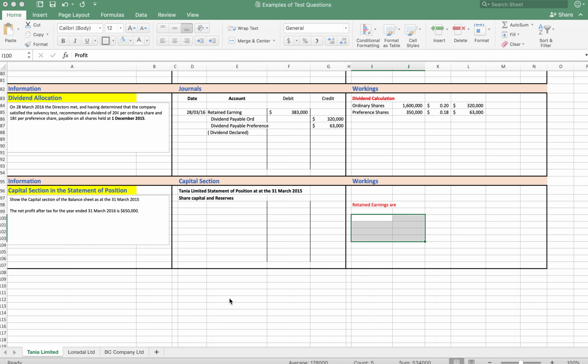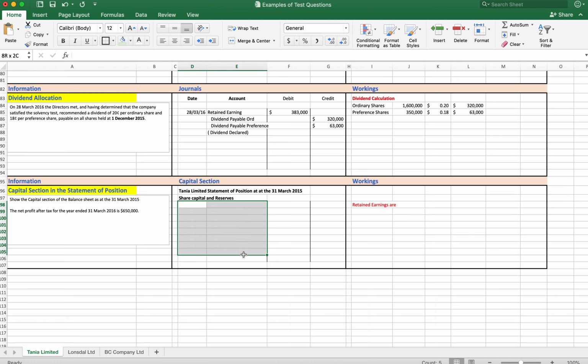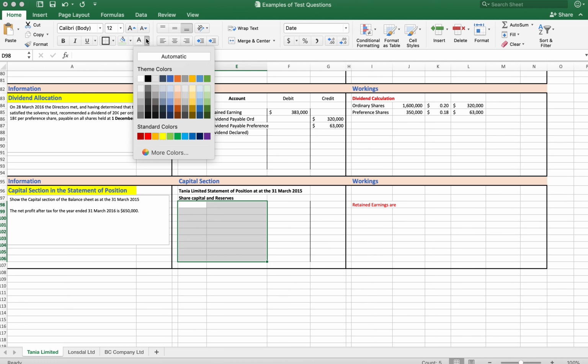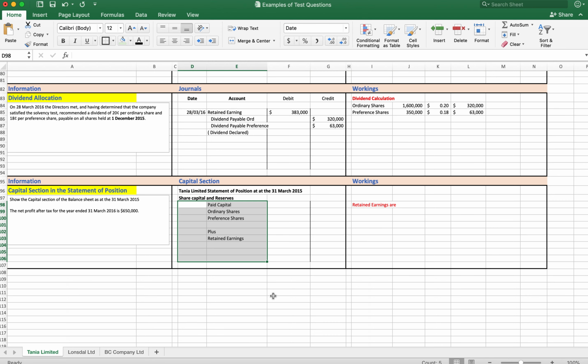a snapshot of what the capital section in the statement of position would now look like after all these transactions. We're only going to be looking at the reserves and the capital section. So that's paid up capital, and any retained earnings. It says here that the net profit for the year is